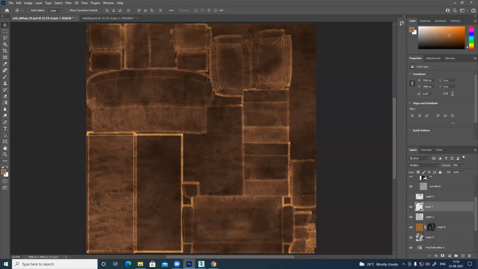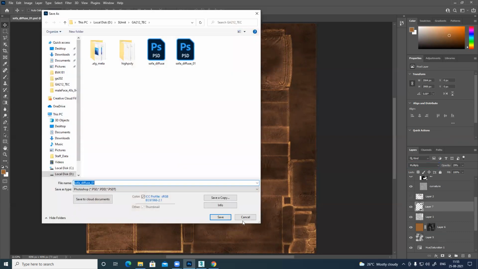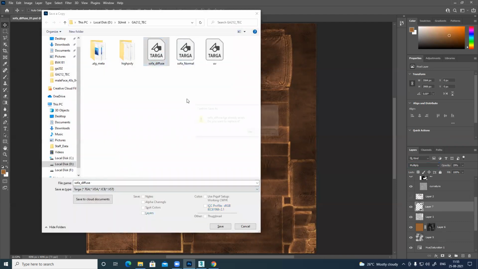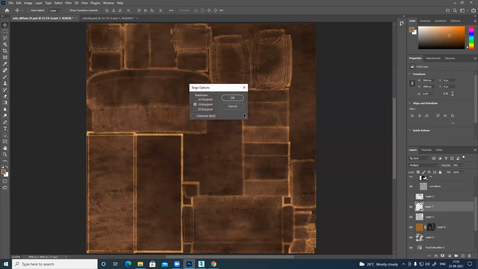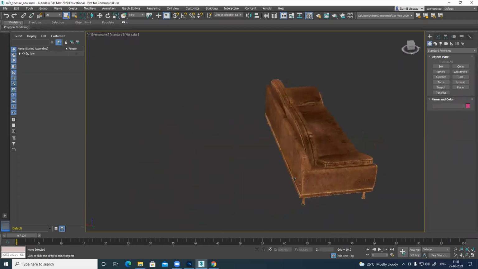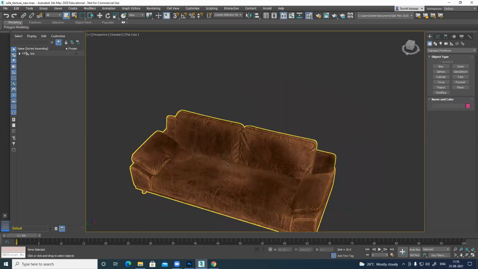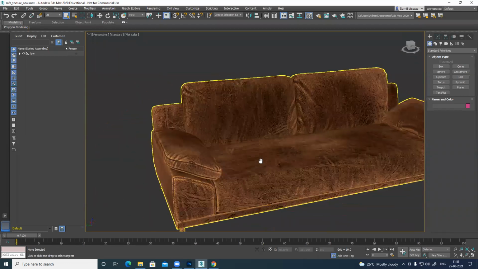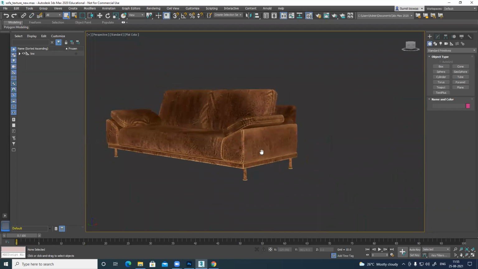Those dark patches, I got the dark patches. Alt control. Go back to Max. You see, the dark patches came. If you want to paint something very specific, then you can draw those things here, take it to Photoshop, overlay, multiply, and just generate the detail. It makes your life way easy and simple.